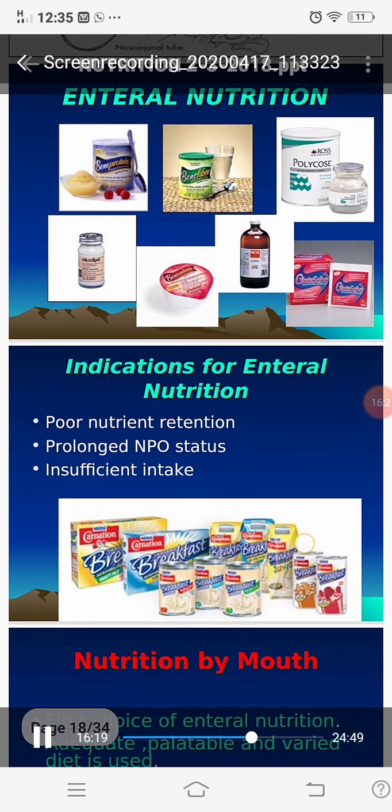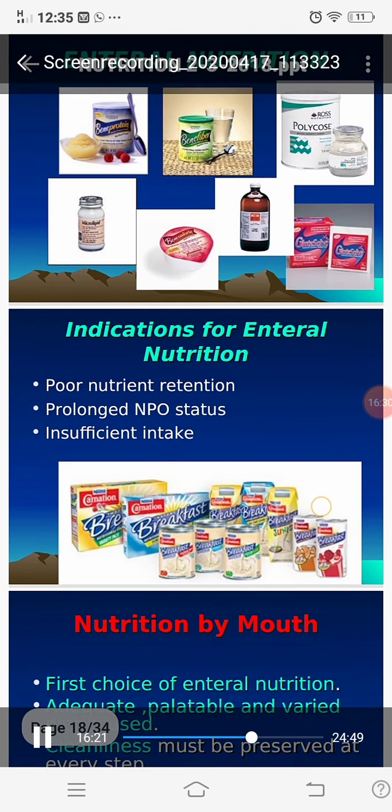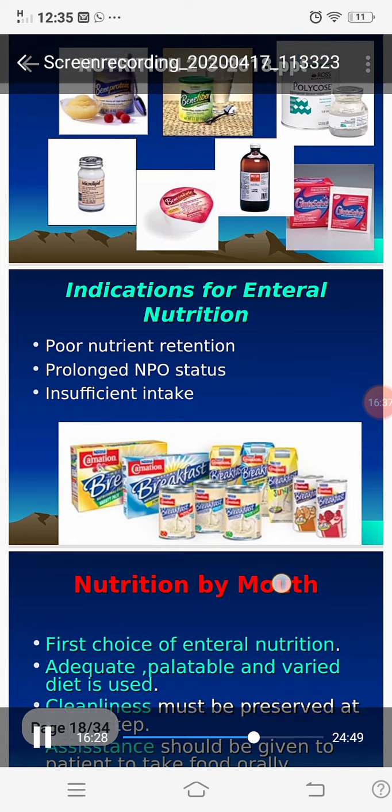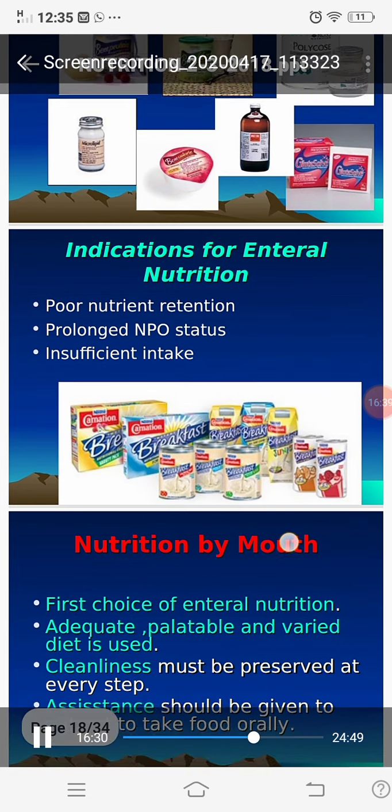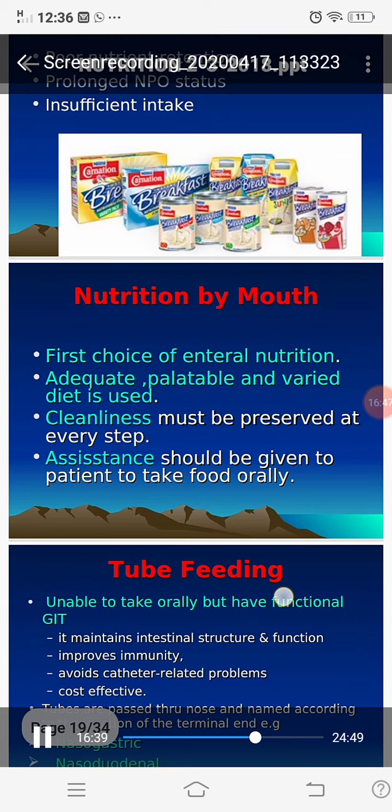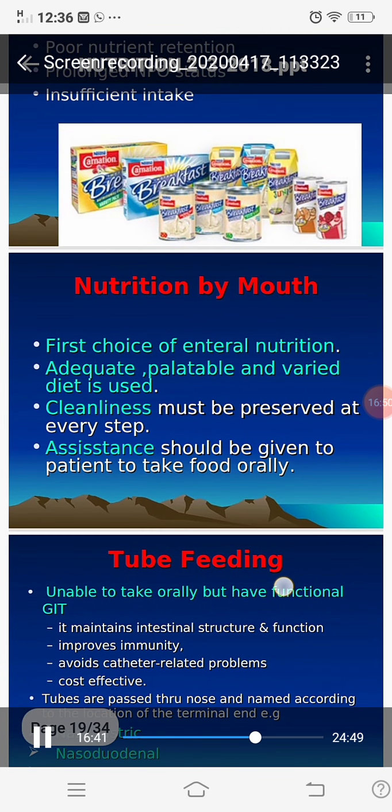I hope everything is clear. So first choice is enteral nutrition. Adequate, palatable and varied diet is used. Cleanliness must be preserved at every step. Assistance should be given to patient to take food orally if the patient cannot take, like the patient of stroke,